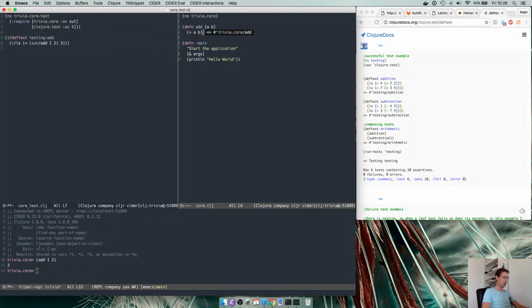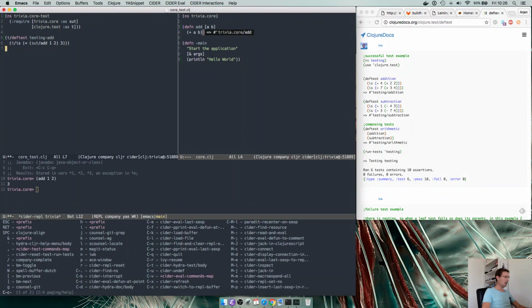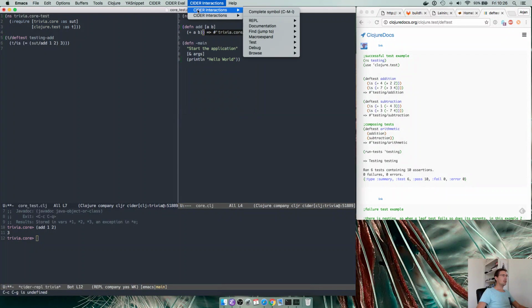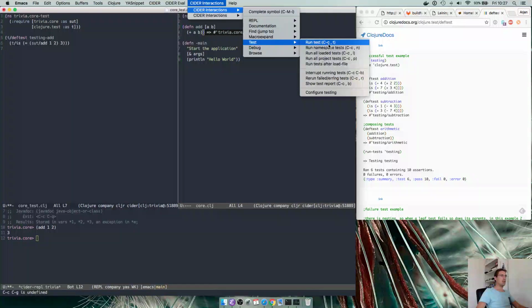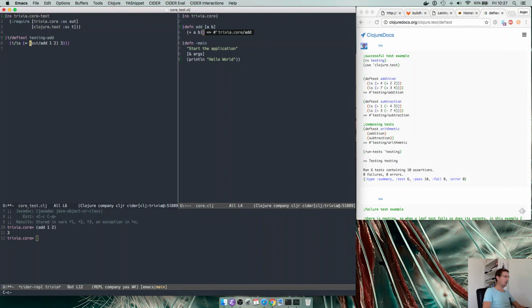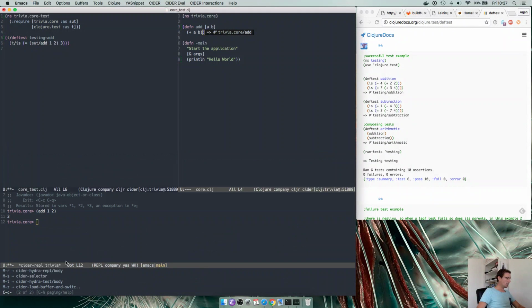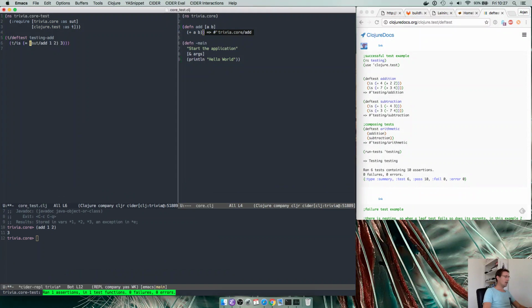And now it allows me to ask CIDER interactions test to run the tests, which is mapped to Ctrl+C, T. So that's Ctrl+C, and if we see here, there's a comma. Where is it? CIDER test run test. That's my own method. Where's the comma? There's more pages. Next page. Comma T. It runs. It tells us there's one assertion in one test function. There's 0 failures, 0 errors. If we run it on,